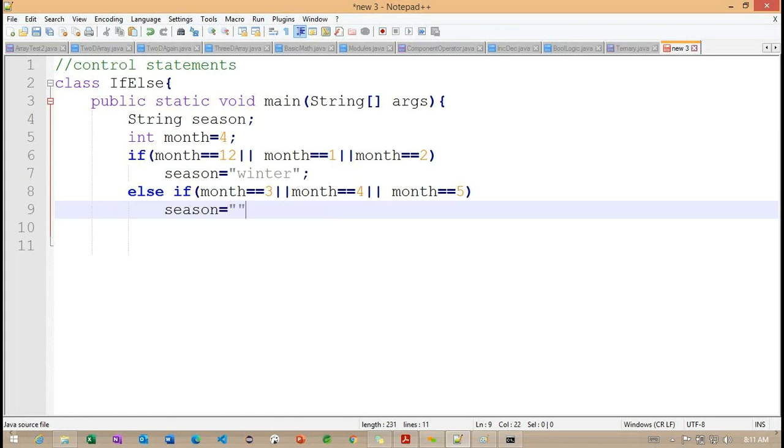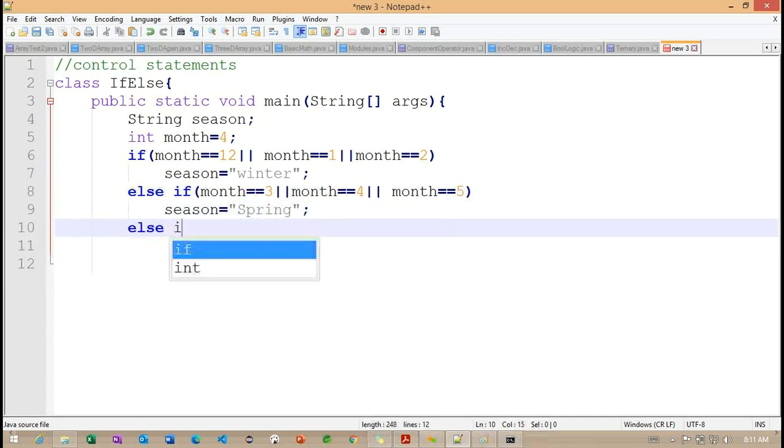So this season, 3, 4, 5, we are going to call spring, right? And one more else if I'm going to define.